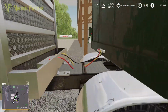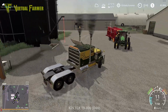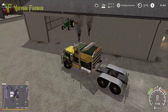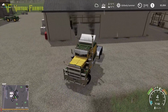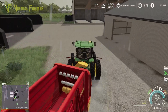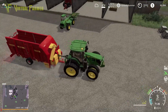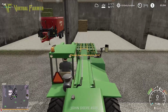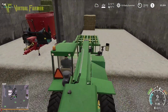Let's just put this in here, disconnect those, and drop that off and put this back in the shed. And then, seeing as we've got it already on here, I think we'll see if we can load up some more straw into our straw shredder and go and put that into our cow barn. And then we can look at doing some feeding. So we'll bring this 7R back over this way, and I'm just gonna plonk it here and unfold this. We've got 7 bales, I think it is, that we can put in. So we'll get those 7 bales in,